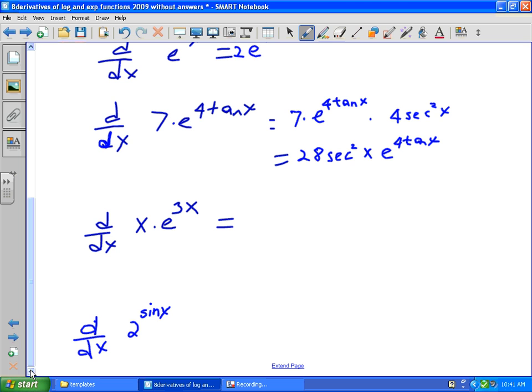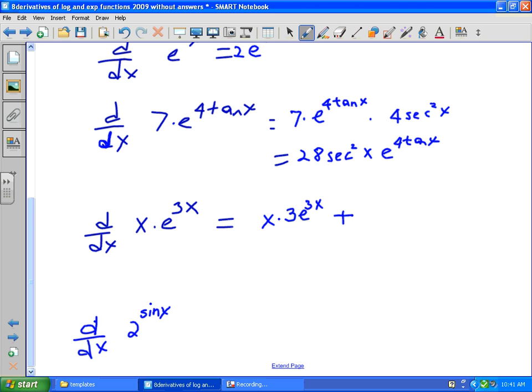X times e to the 3x. The derivative of x times e to the 3x. Okay, which rule should I be starting with here? The product rule, right? So based on the product rule, we want the first times the derivative of the second. Okay, the derivative of the second will be 3 times e to the 3x